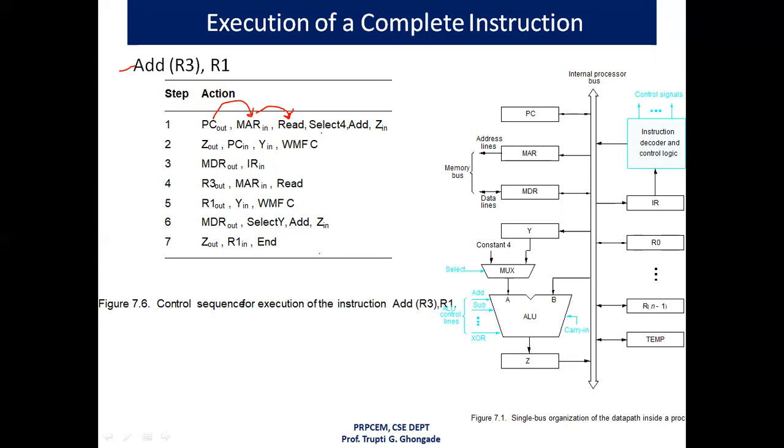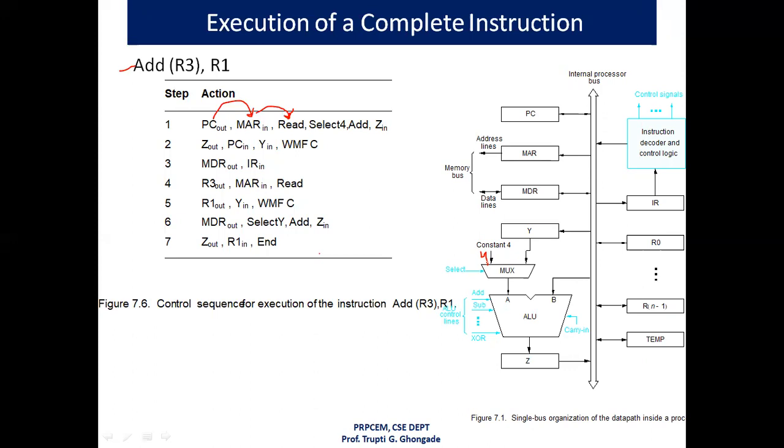That means now we are going to read that data from memory by using MAR. Now the select signal is set to 4, which causes the multiplexer to select constant 4. Now this multiplexer has a select control signal. Select 4 means that your multiplexer is selecting the constant value 4. Now this value is added to the operand at input B. The output of the multiplexer is given as an input to the arithmetic and logic unit.